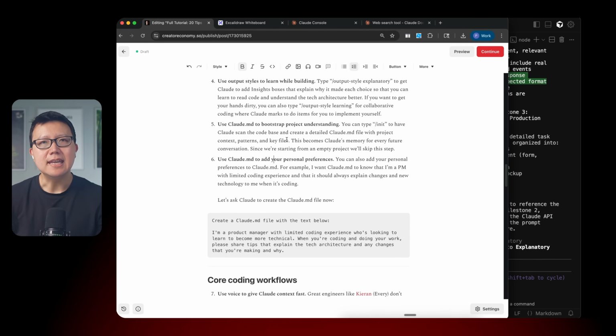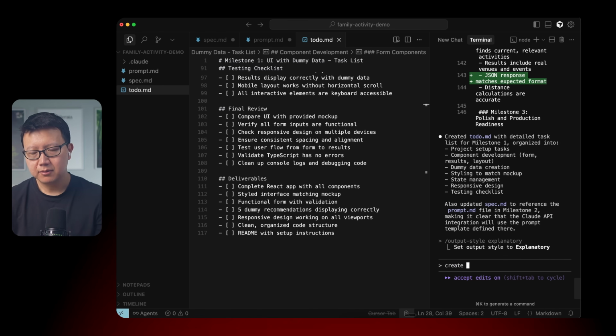Tip number 5 is you can use the Claude.md file to bootstrap your project understanding. You can type /init in Claude Code to have Claude scan the code base and create a detailed Claude.md file with project context, patterns, and key files. And this file becomes Claude's memory for every future conversation, okay? So let's go ahead and just ask Claude to create a Claude.md file. But actually, I'm going to ask it to create an empty Claude.md file because we don't actually have any code here right now. So let's create an empty